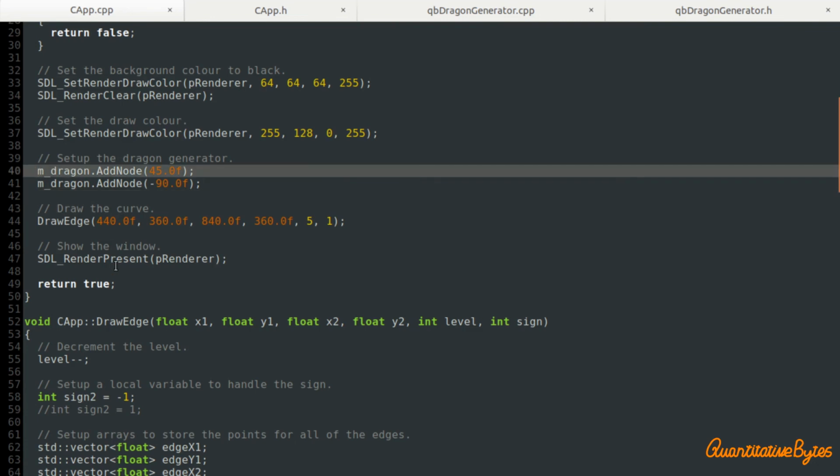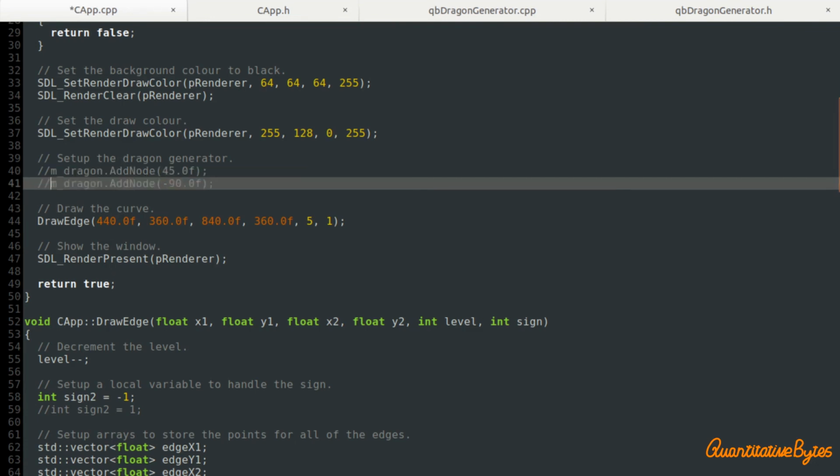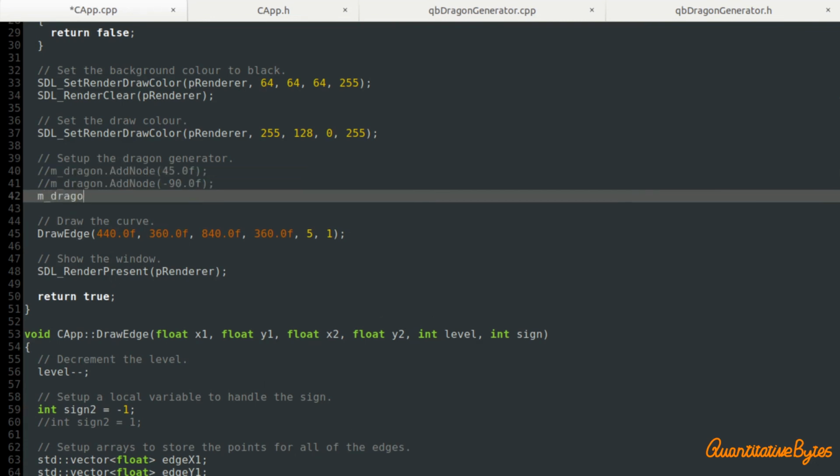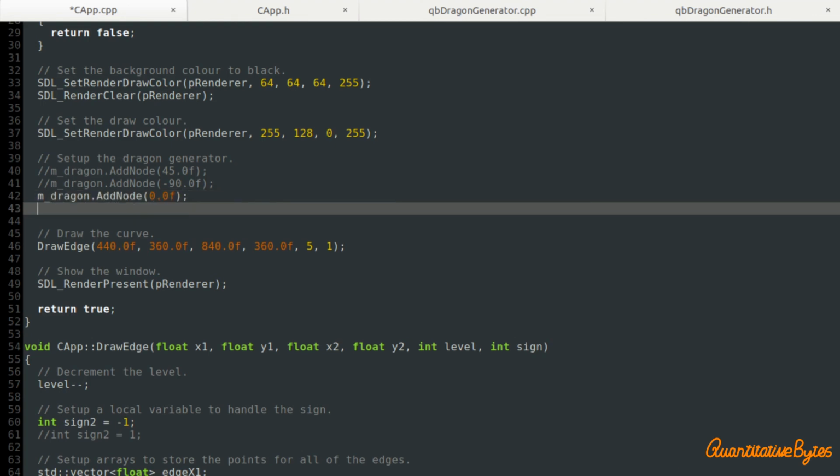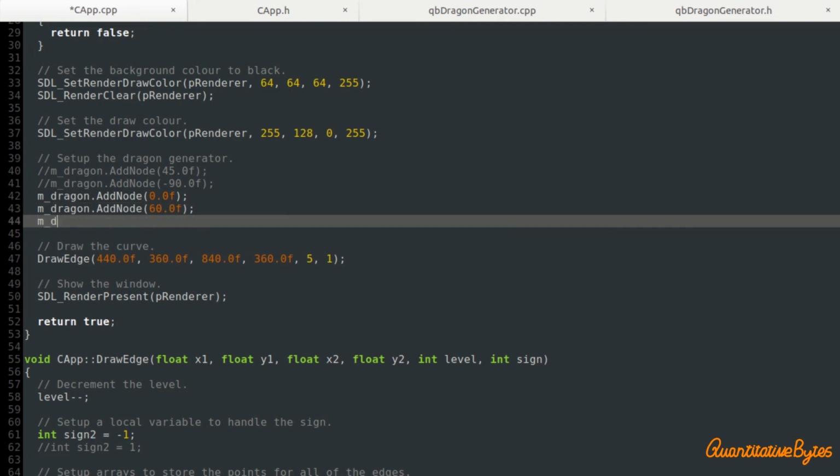And all we have to do is redefine our nodes. So to do the classic von Koch curve, we just set add nodes. We set our first one to 0 degrees, so no rotation. So that will just head from the start point towards the end point. And then our next node is going to be plus 60,